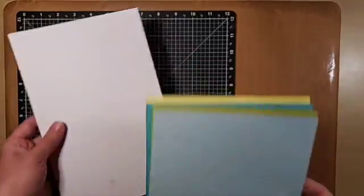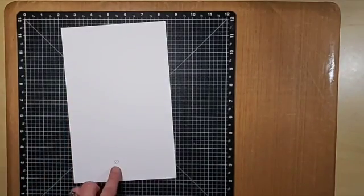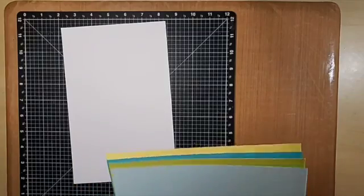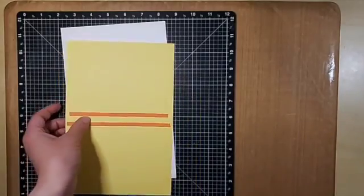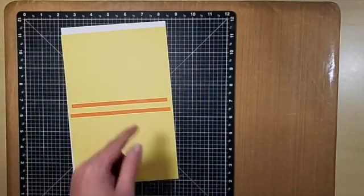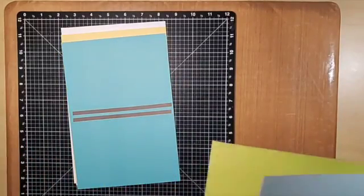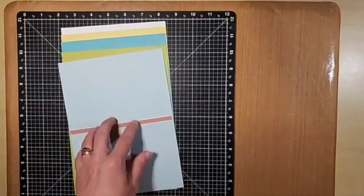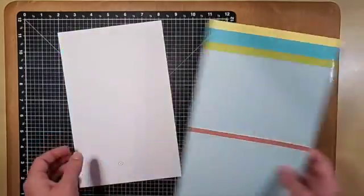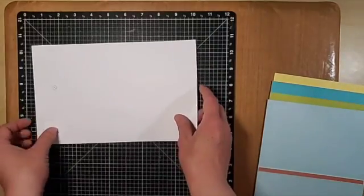So the base, or the outside of the mini album, is a 9 3/4 by 6 1/4. All of them are 6 1/4 by just about 9. This is 9 1/2 by 6 1/4, 9 1/4 by 6 1/4, 9 by 6 1/4, and 8 3/4 by 6 1/4. Now I've scored the 4 colored ones and I've already put tape on them,